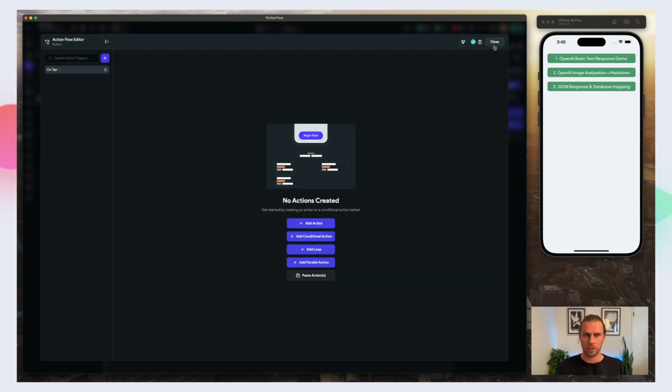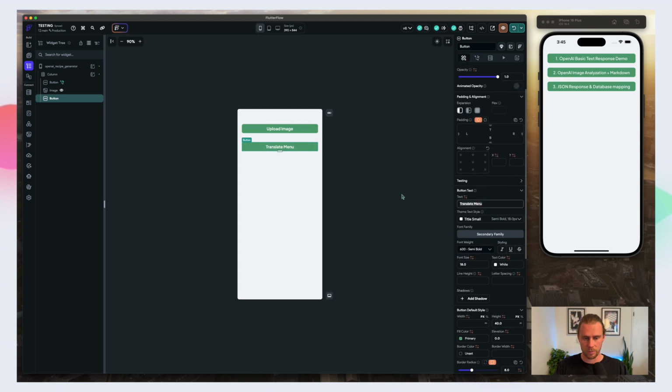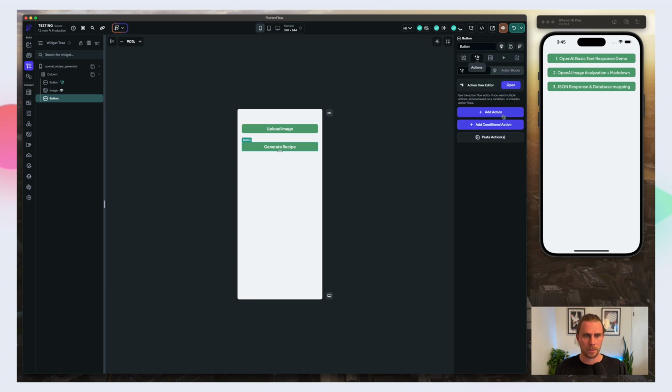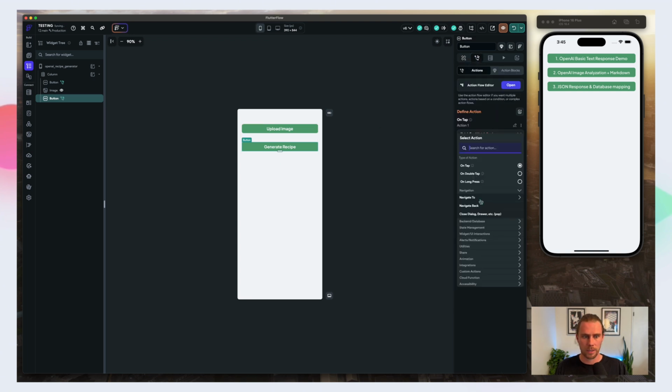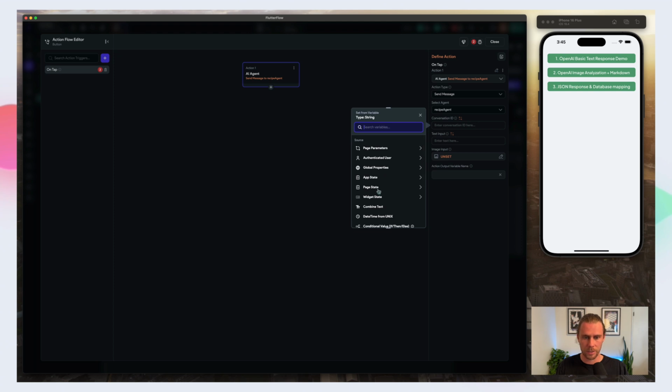So we'll go here to this translate menu button, and let's rename this as well. We'll name this generate recipe. Okay, so now on tap, let's open this up. We'll use the agent. We'll send a message. We'll use the recipe agent. Let's go ahead and create a